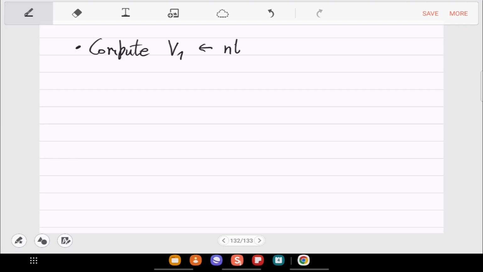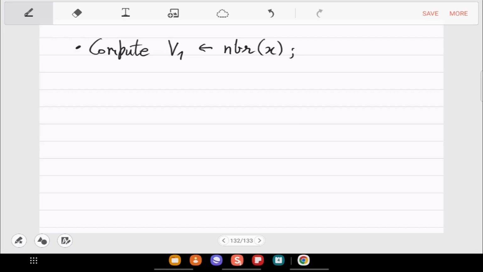V1 should be just the neighbors of x, right? Which you can do how fast? So remember, the graph is given in adjacency list, so finding the neighbors is very easy. So in the adjacency list, you go to this location of x and just read the linked list stored there. So in degree of x time, you will calculate V1.